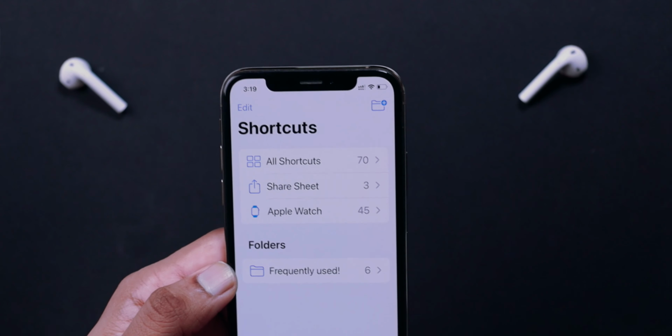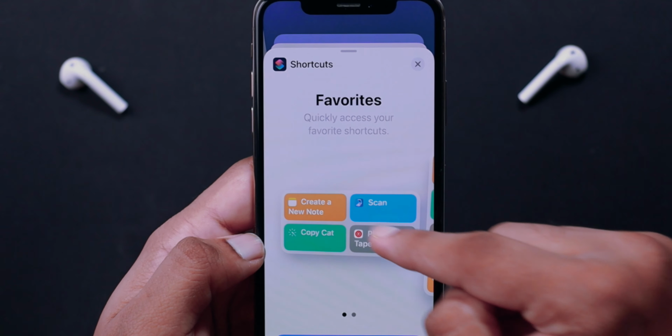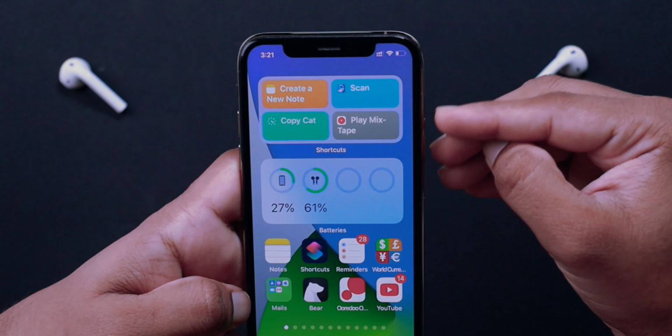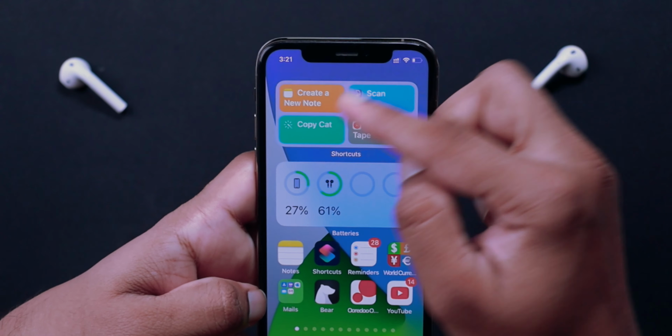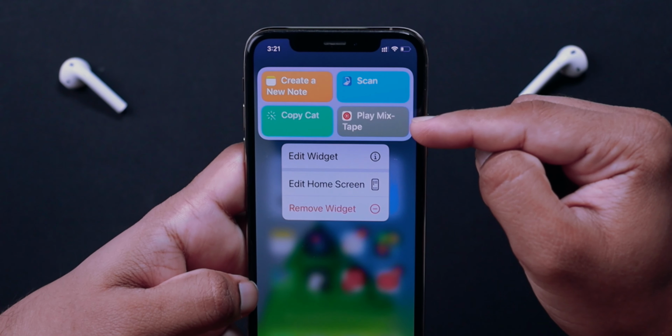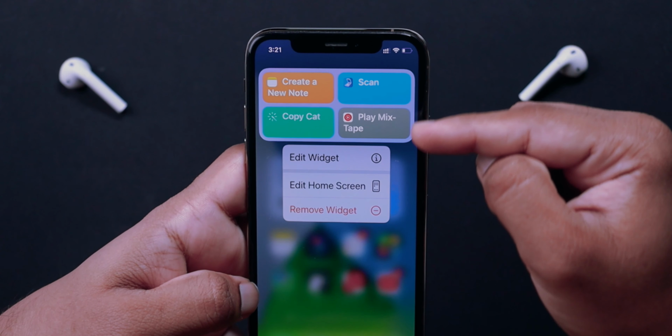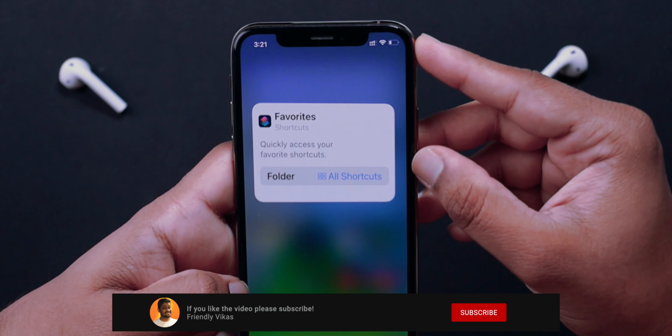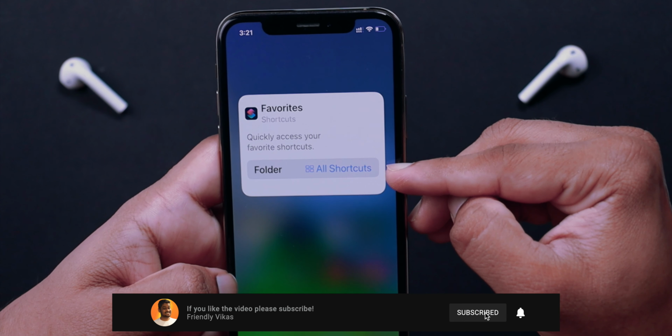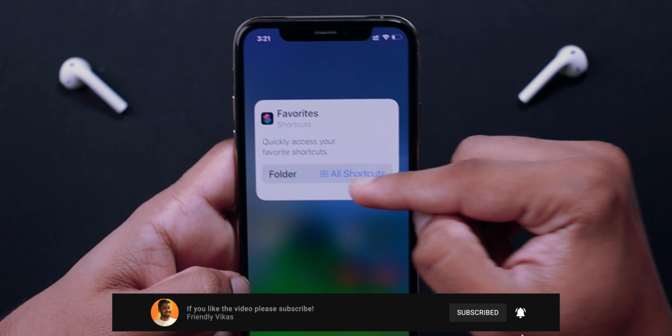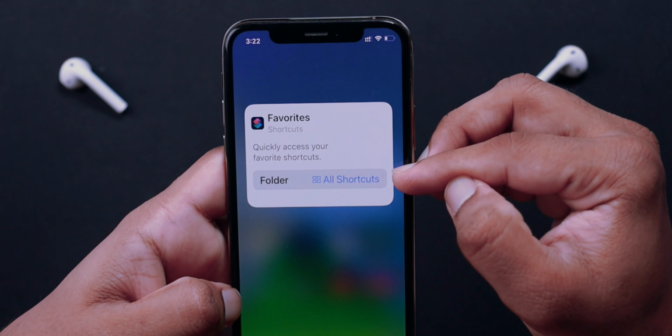What is the use of this? So if we go and try to add Siri shortcuts widget, you will see that it will always be favorites. So let me just try to add this widget. And now if I want to use particular Siri shortcuts with this widget, this would be possible only if we create manual folders inside Siri Shortcuts app. So when I tap on edit widgets, as you can see here, it shows all shortcuts. You don't want to use all shortcuts here. I want to use few shortcuts which I use regularly.